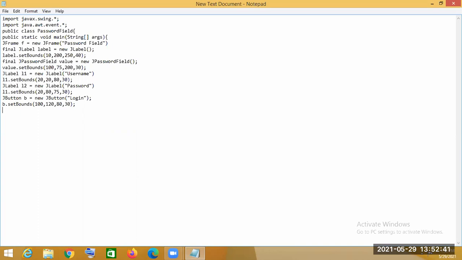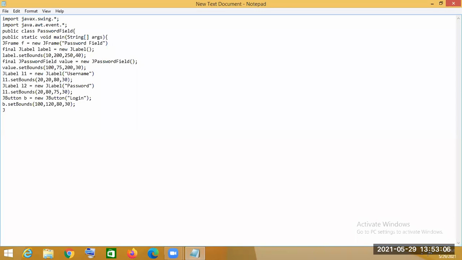And after that, a text field will be present there. So that means we have to create the text field object first, and with that we have to fix the position of it. We are using a text field also here. So we have to create the object of the text field, and after that, through the object of that text field, we have to call the setBounds method for fixing its position.